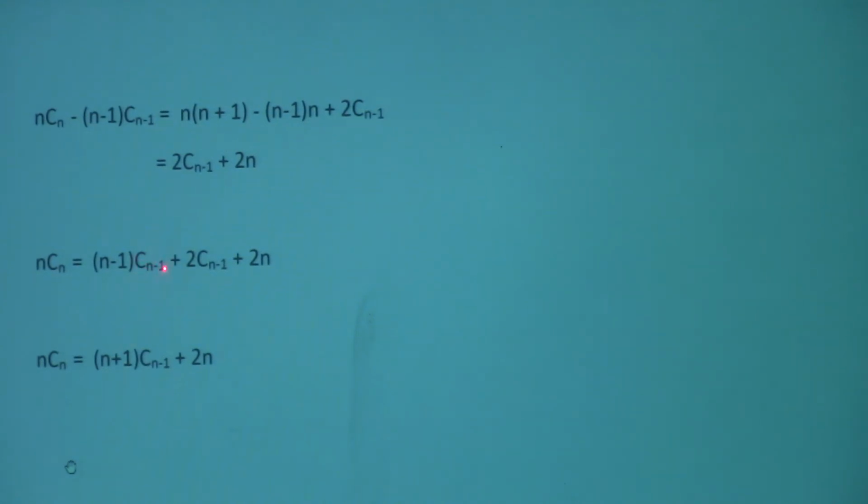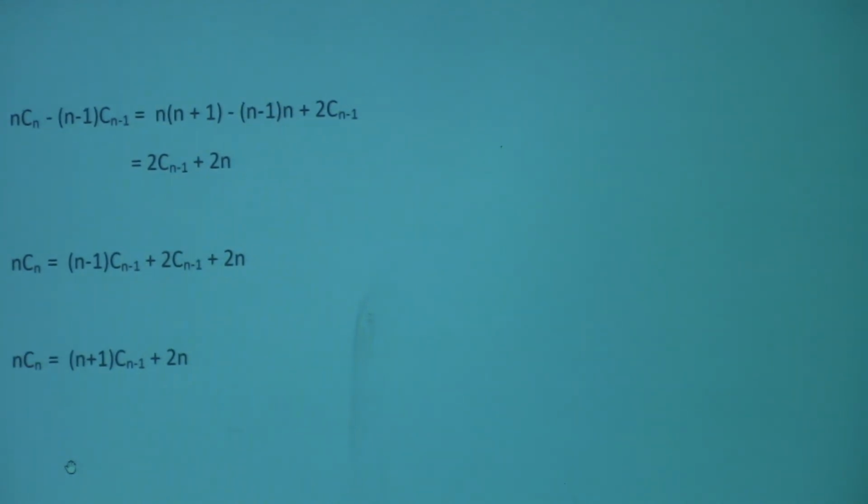Because we have Cn minus 1 and 2 more Cn minus 1, so it's n plus 1, Cn minus 1 plus 2n. So now we have a formula for nCn. We're still solving for Cn. So now,